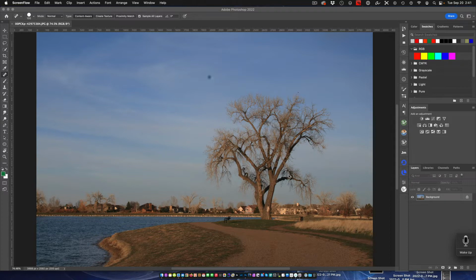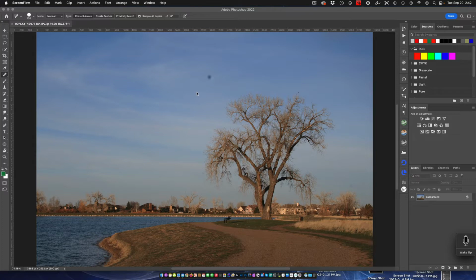Today we're going to do a quick and easy one. I got a picture here up on the screen, and wouldn't you know it, I got a big old piece of dirt or dust on my sensor, right in the middle practically. And I didn't see it. To be honest, I didn't check beforehand, but took the picture home, and lo and behold, I